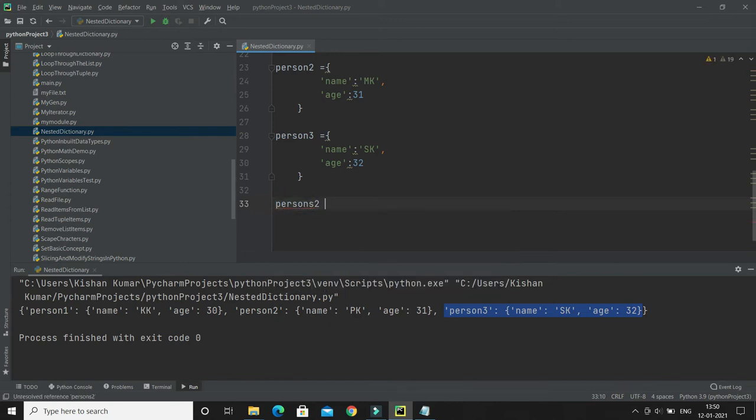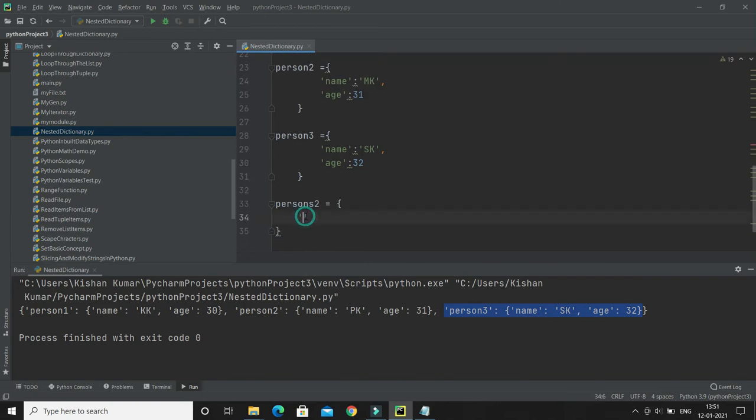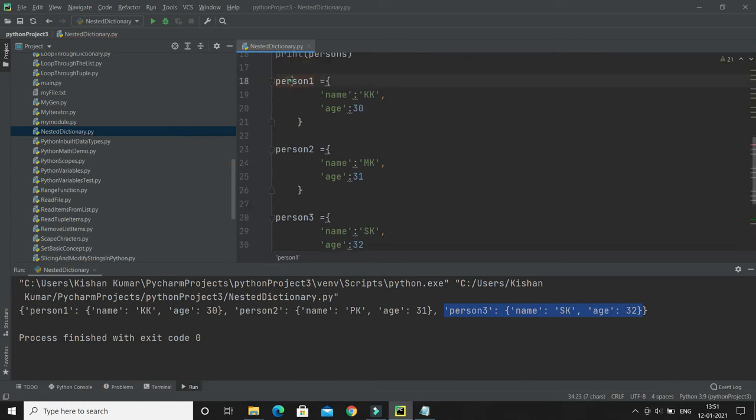2, right? Inside this curly bracket open and close, and again a dictionary always holds key value pairs, right? So here the key I'm going to specify, let's say, person 1, and colon you have to specify the value. So for the value I would like to use person 1, right?